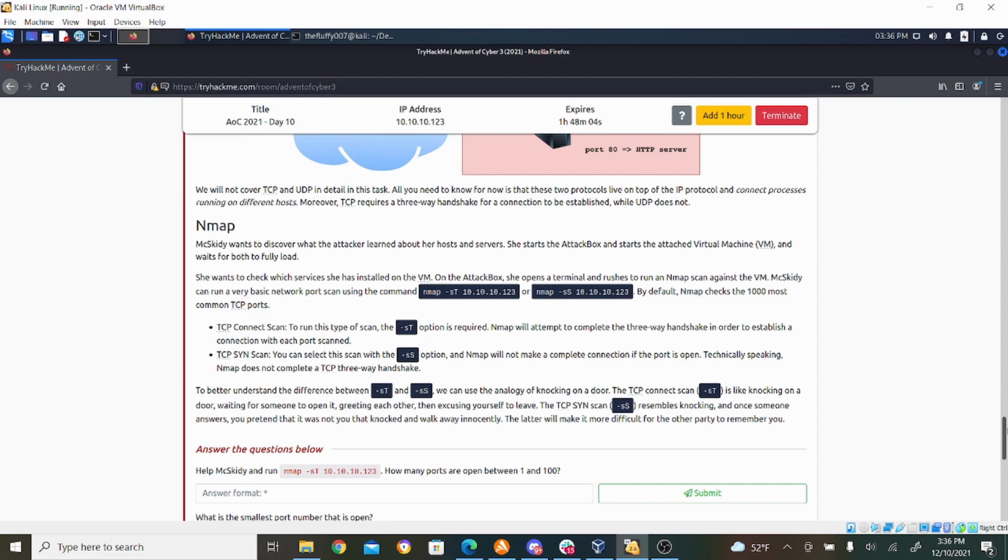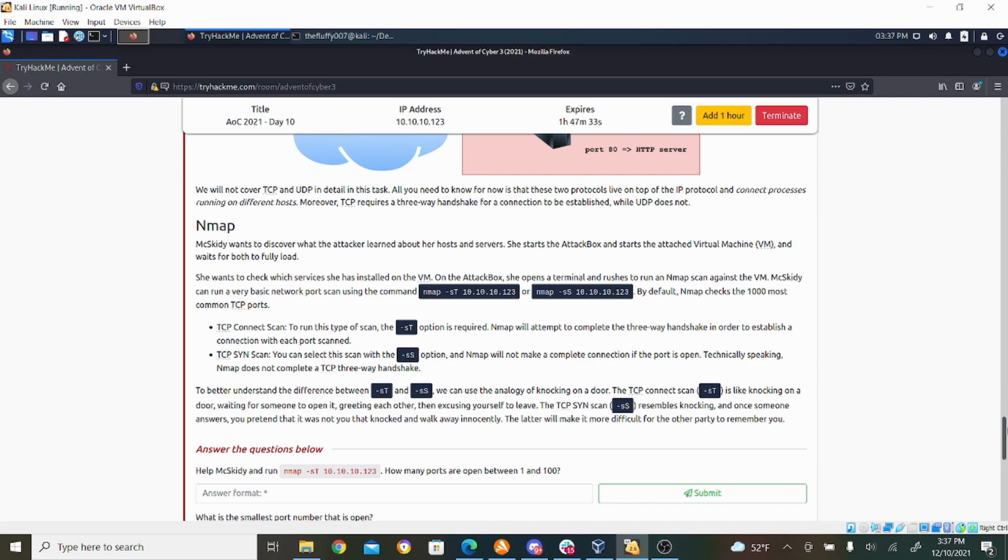Now, we did the primer because, again, we're doing the security assessment and we're going to use the tool Nmap, or Network Mapper, right? So McSkitty, which is us, we are going to do a security assessment because we need to figure out how Grinch got into the best company and did their nefarious things, right? So now